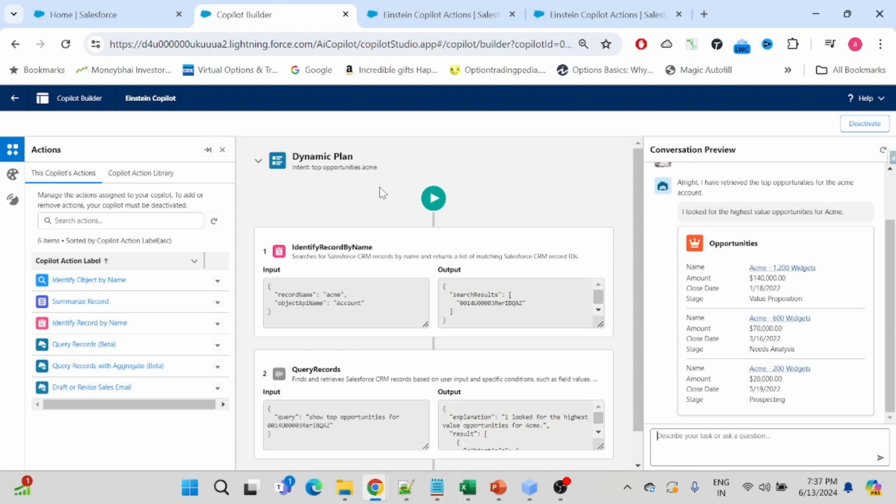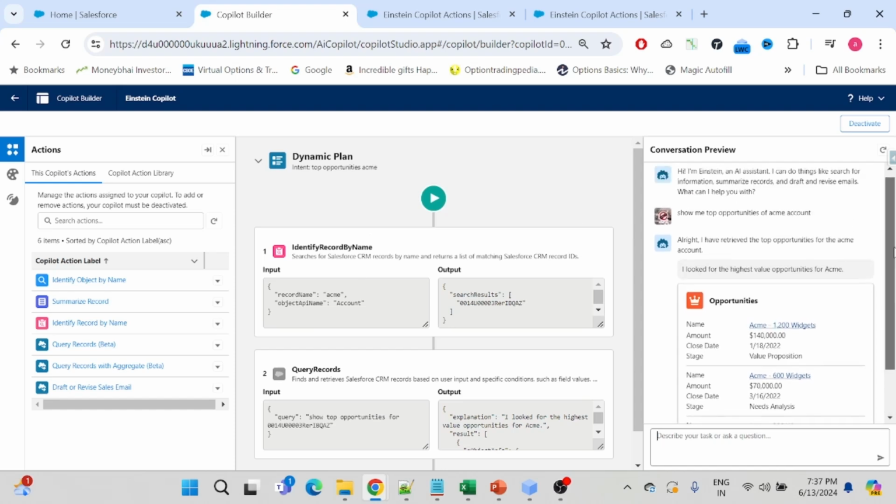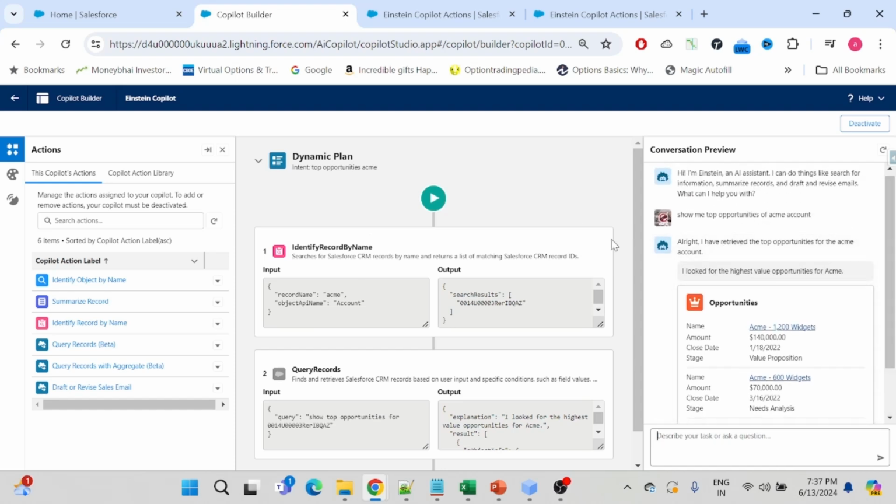So what this dynamic plan is doing is basically showing how it is running in the backend. Okay, what all things have been executed in the backend. For example, when we give this prompt, how the models have executed to get you this particular outcome. This is what your dynamic plan, or the center section, is going to show you. So what it is doing, first, when you give the prompt, it tried to